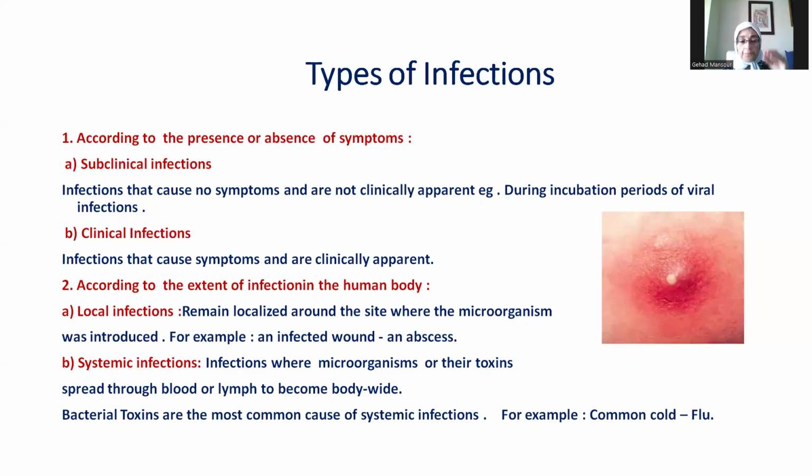Systemic infection means that you have a microorganism that has penetrated your body cells and/or body fluids, and that resulted in infection. And that resulted in widespread symptoms and signs. Widespread symptoms and signs can be said in another way. It affects multiple systems in the body, and that's why we call it a systemic infection.